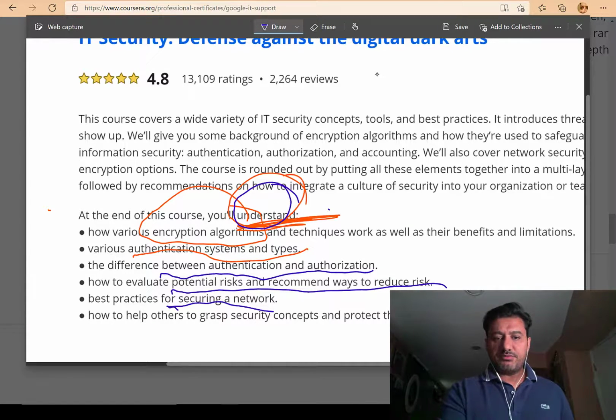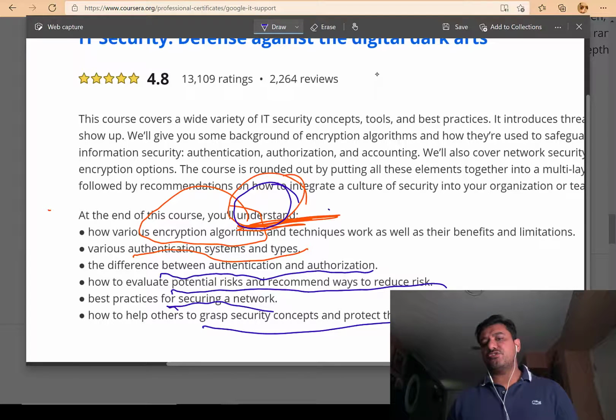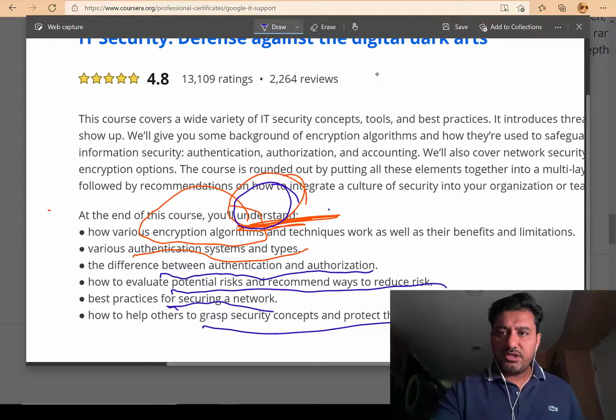How to help others to grasp knowledge: it's about security awareness and training. So if somebody sends you a phishing email, how do you know? Best practices: never ever click on an email from an unknown person. Always open an email from a known person. If it's from an unknown person, chances are it's a phishing email and your credentials can be leaked. So in a nutshell,